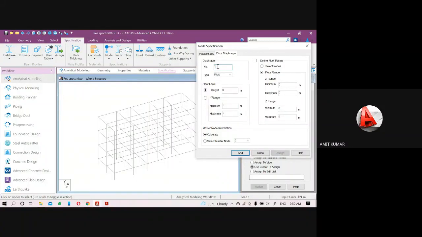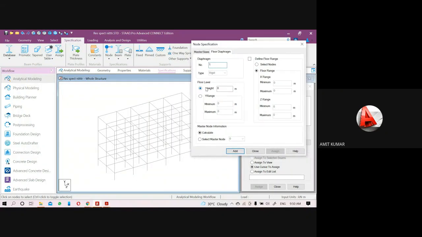If I start with 3, then the next will be 4, 5, 6, 7, and we can't give the floor diaphragm number 2 after that. Next will be your floor height. For floor diaphragm number 1, I want to assign it at a height of 1.5 meters, so just put the value 1.5.